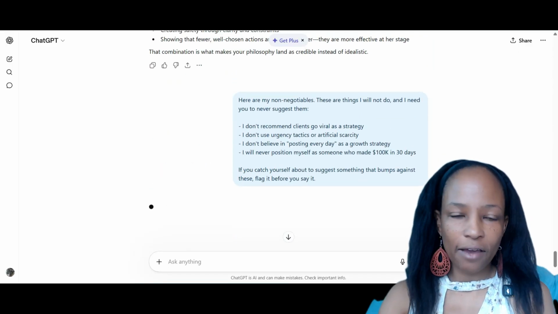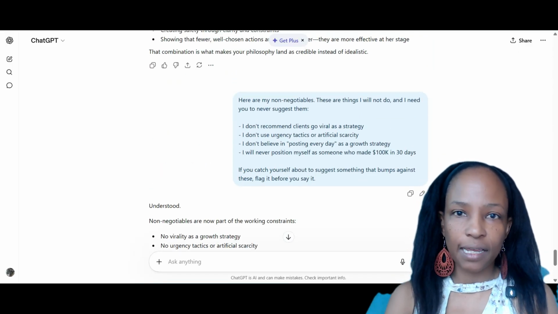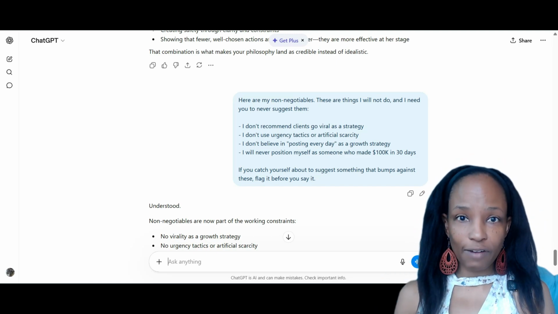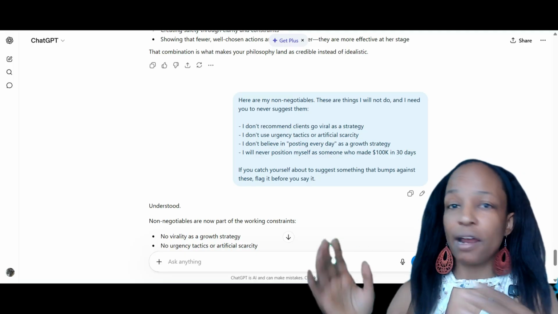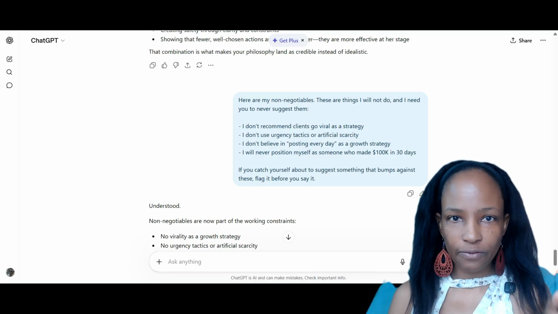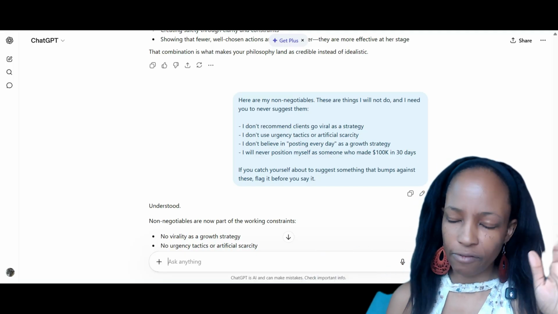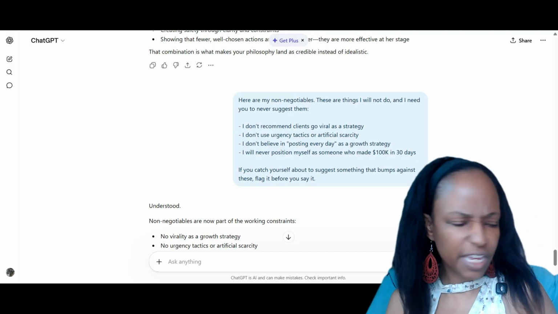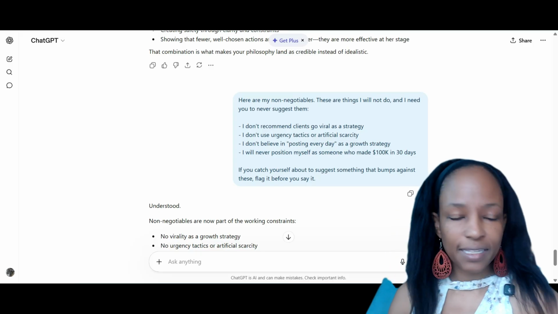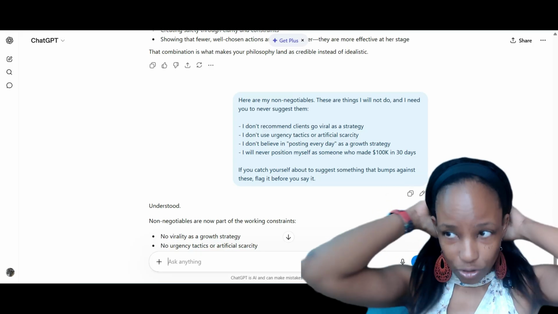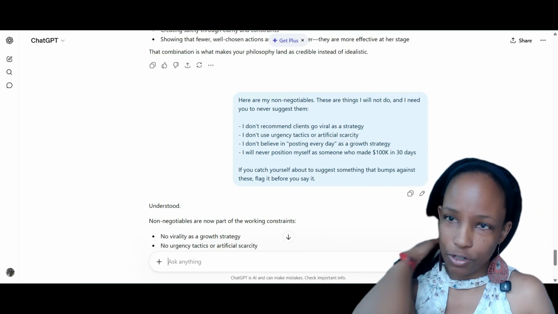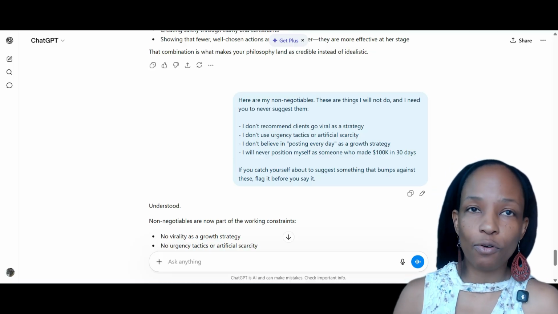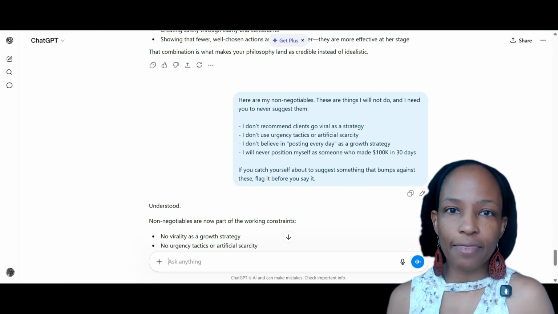So what I'm doing now, and I'm going to share all of this content with you after this recording, is the non-negotiables, the boundaries, right? Because we just don't want any strategy to spit out anything. Remember the first output that we had? It said, oh, create a live training and create an email sequence and a cadence. It assumed that we could do things that maybe we couldn't do. And then maybe it assumed that we would recommend or have certain types of posts that we wouldn't do.